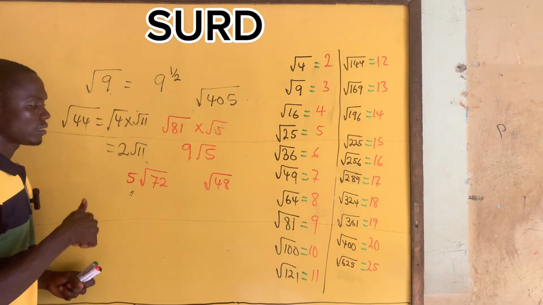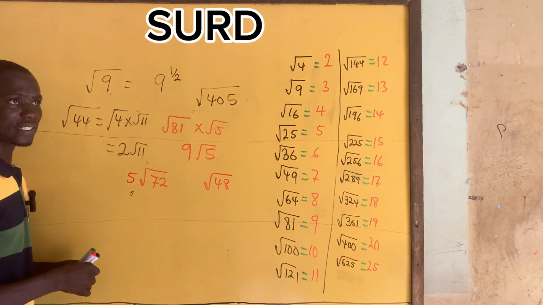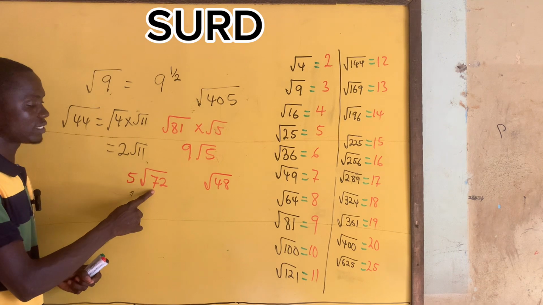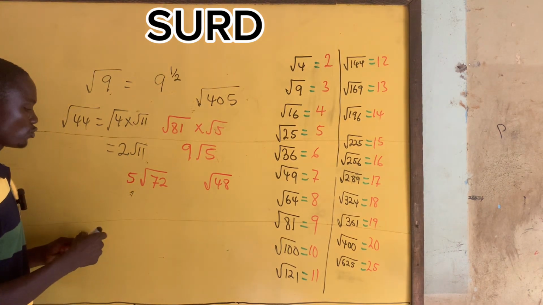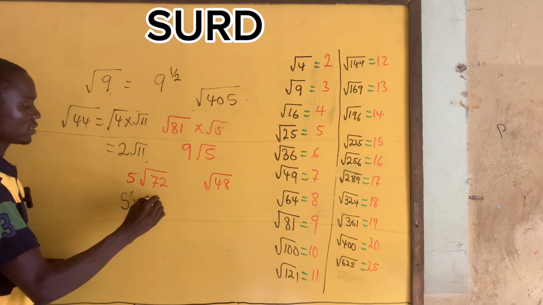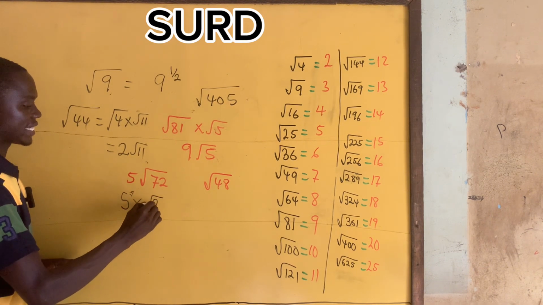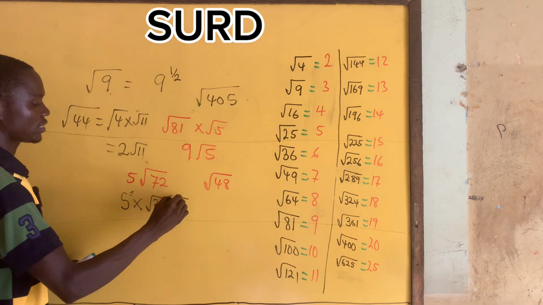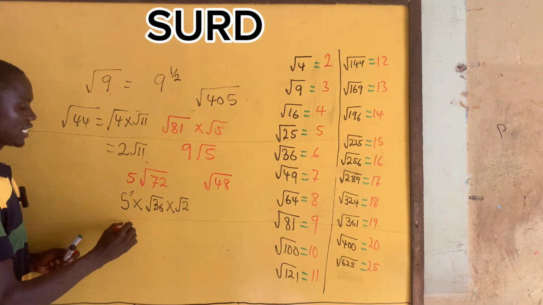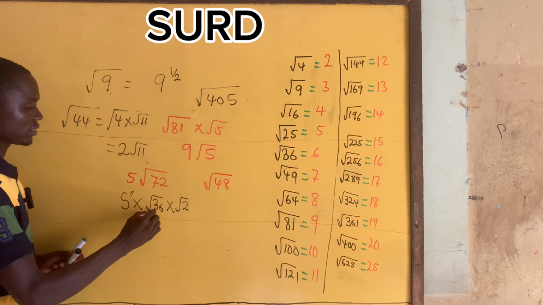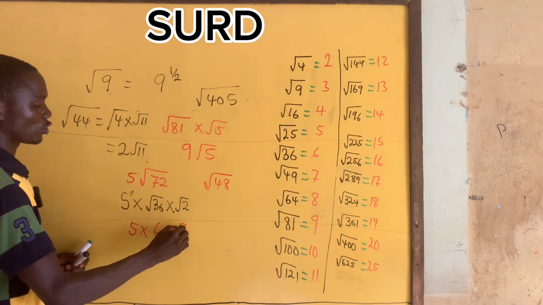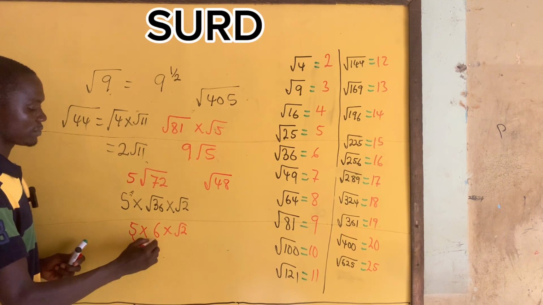I know that 72 is 36 times 2, right? So this is 5 times square root of 36 times square root of 2. Square root of 36 is 6, so 5 times 6 is 30